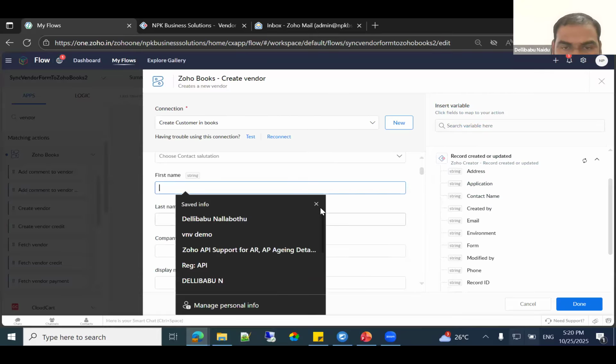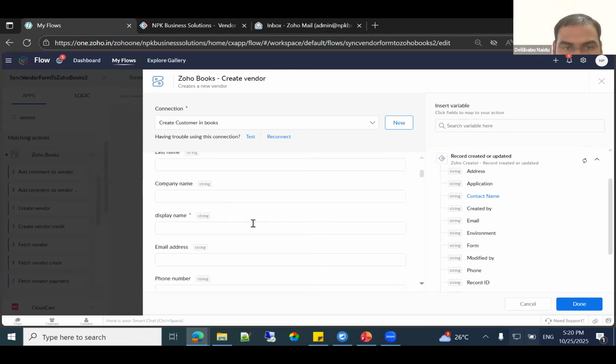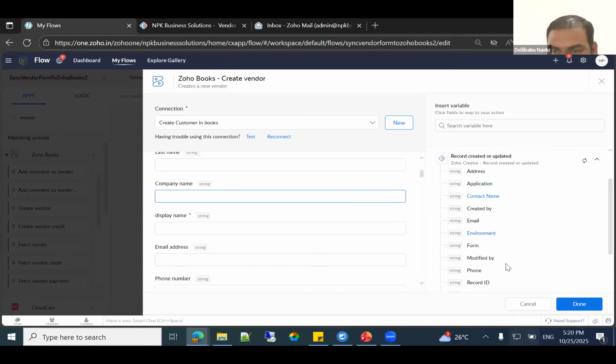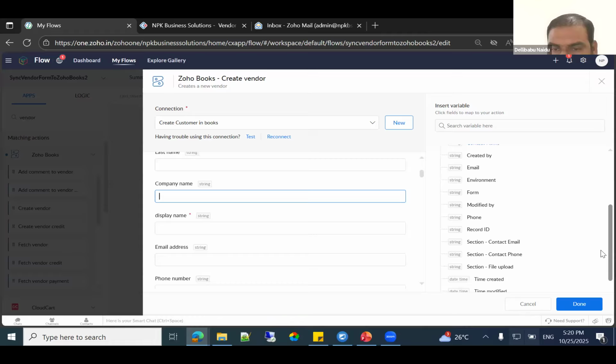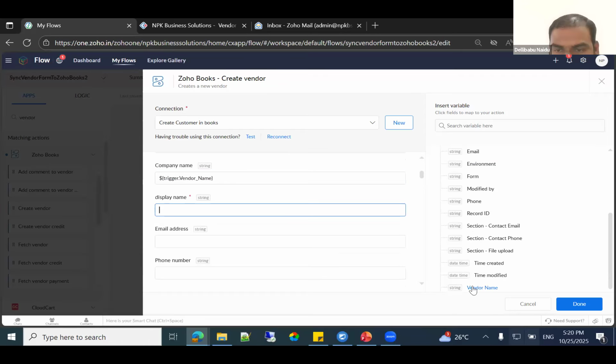You just select here, or you put your cursor into these fields and click on the right side, that key value. It will take those names automatically. The mandatory things, if you give the mandatory things also is fine. I'm just going to give only the mandatory things now because of the time limitation. Then display name it is also expecting.